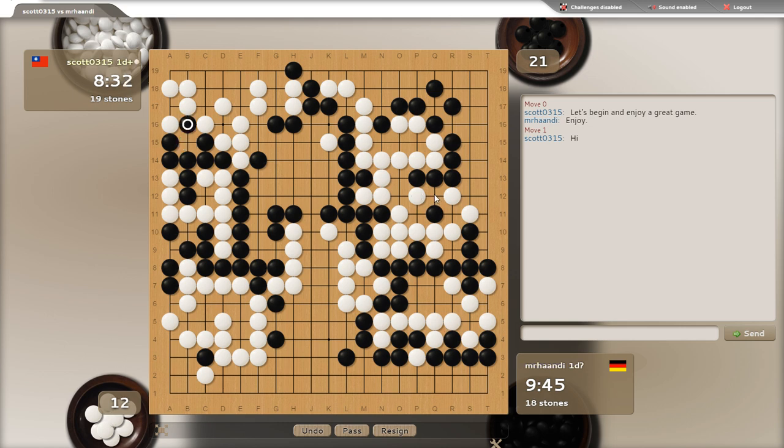Then clearly my next threat will be again. However, this is a minor threat. Nothing that big. If I cut off, I get a couple of points on the right hand side and security for my group here. So his cut threat should probably be...